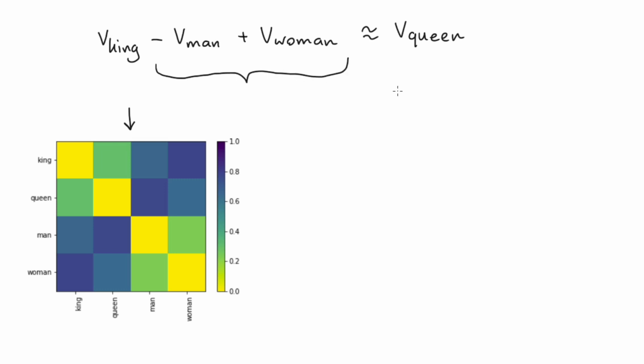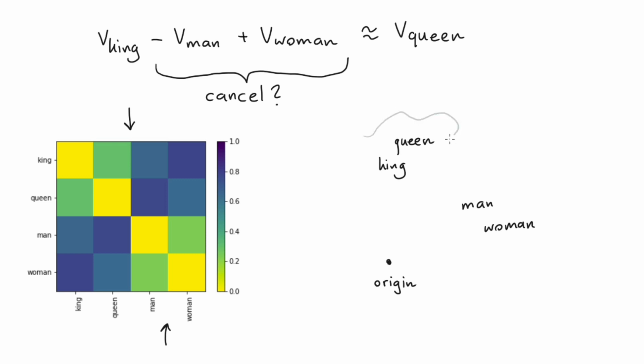If these two vectors are really similar, and this chart here suggests that they really are, then don't these two terms just cancel each other out? One way of thinking about this is that maybe if this is the origin, man and woman are over here, but king and queen are not necessarily in the same cluster. We might have a little cluster of points here that resemble royalty,